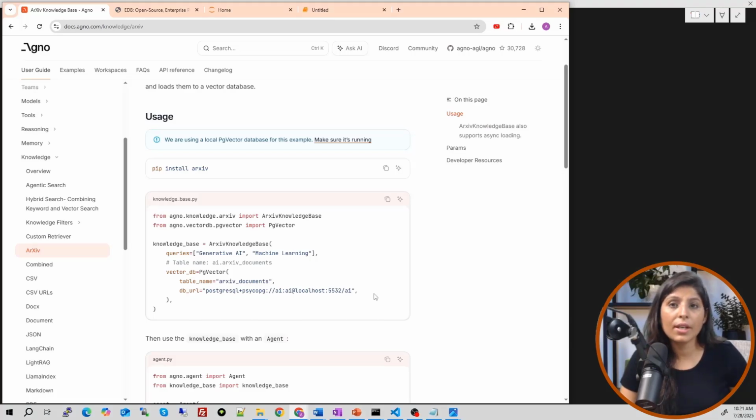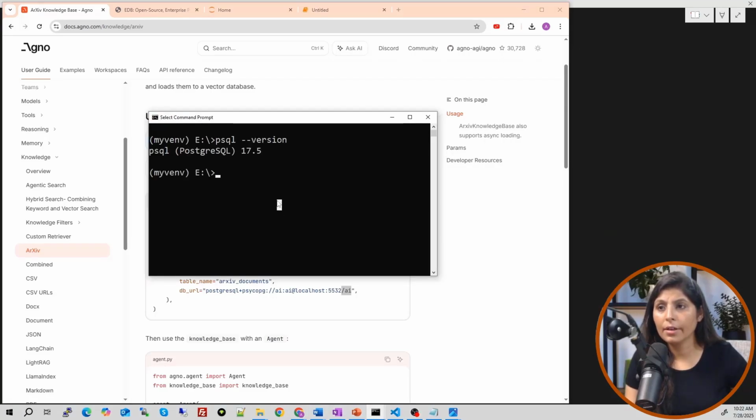So guys, now the next step is we need a database with the name AI. You can create the database with any name, but make sure the database name you have created is the one you mention over here, because in that database we want to create a table and save the embeddings. In our case, we just installed PostgreSQL, so we don't have anything in it, so we need to create this AI database. Let's see how to create it. Go to your command prompt again, and here you will create the AI database, and for that you will first write.